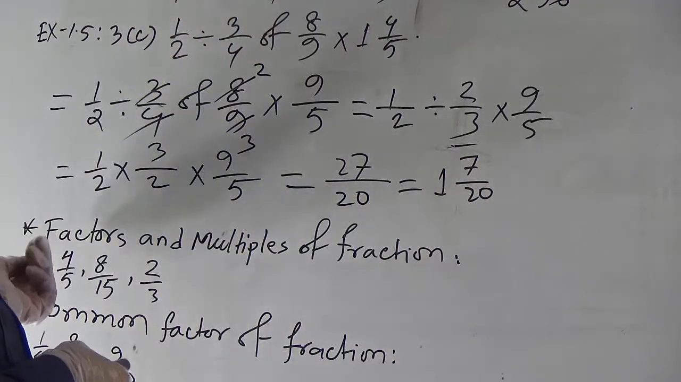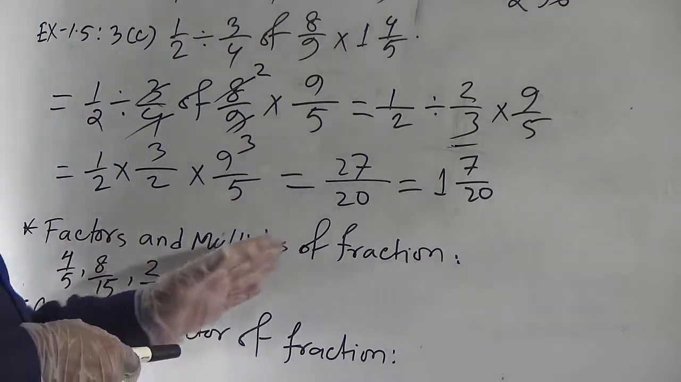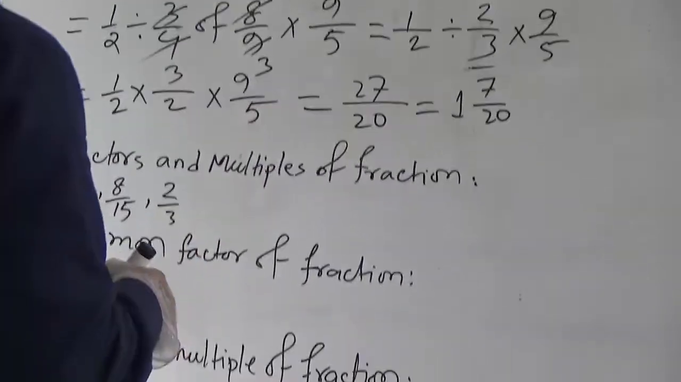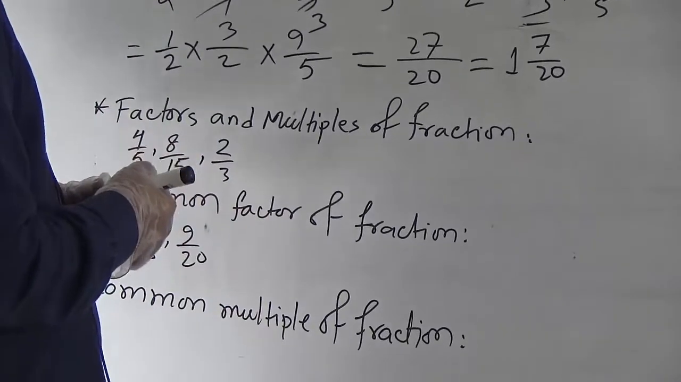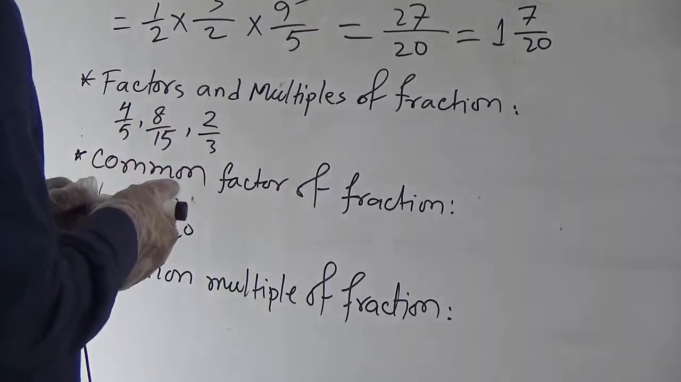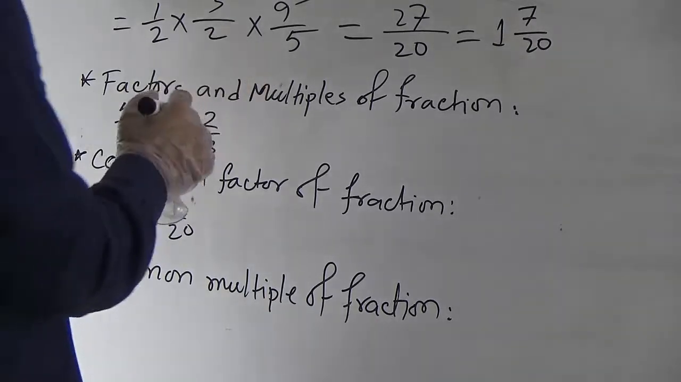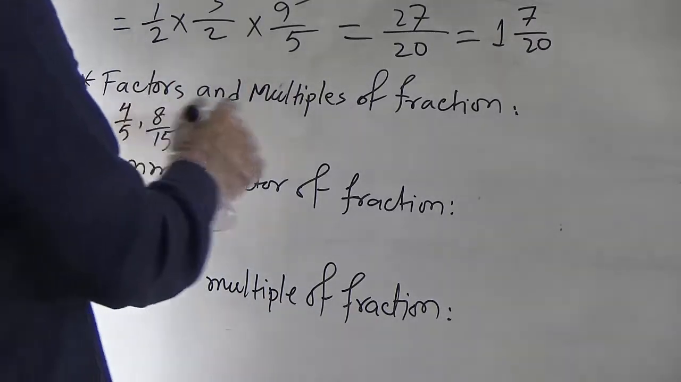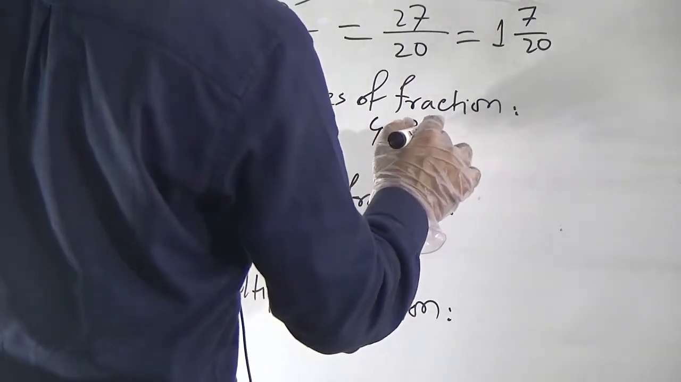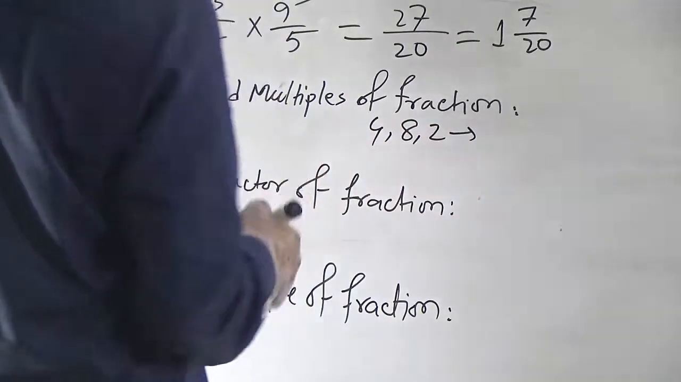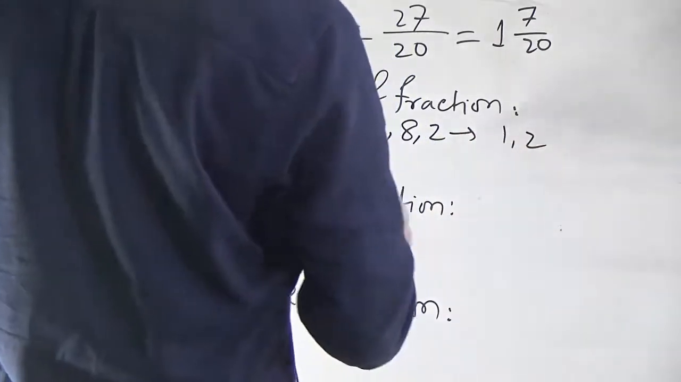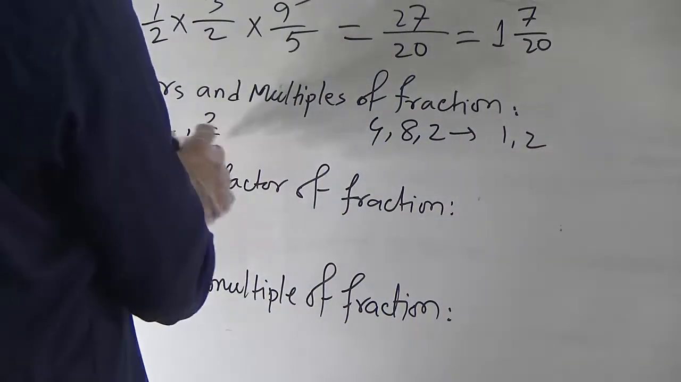Okay, dear students, now I'll show factors and multiples of fractions. To find the factors of a fraction, at first we have to find the common factors of the numerators. Here the numerators are 4, 8, 2. Common factors of 4, 8, 2 are 1 and 2, and common multiples of these